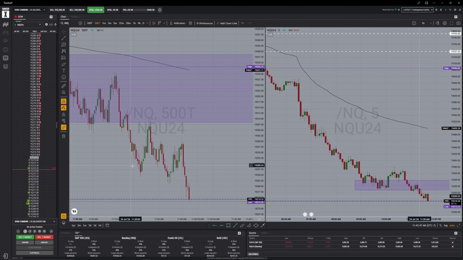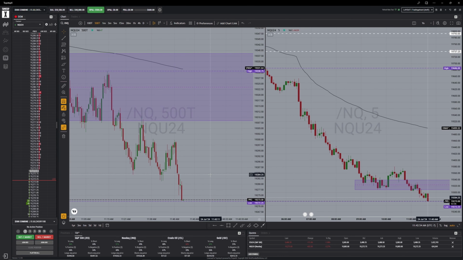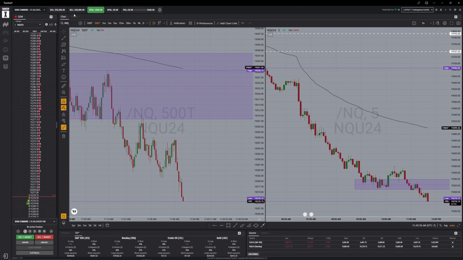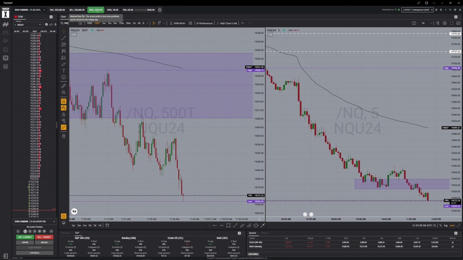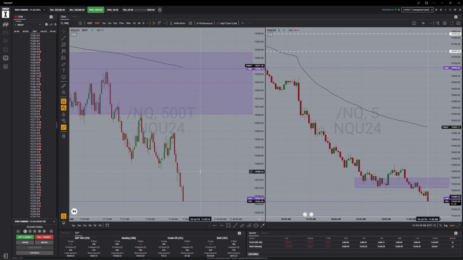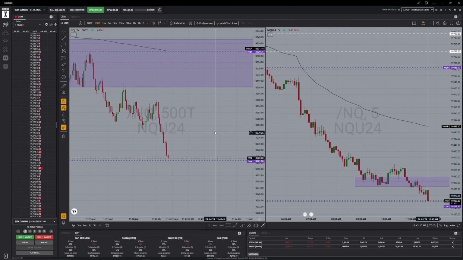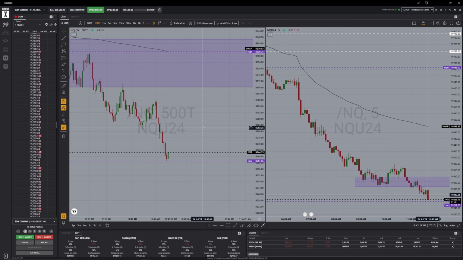Okay, so we broke our area here. Funny thing here is, if you see here, 586, I had to sign in real quick to the mobile platform because for whatever reason, I do have my mouse wired and it just stopped on me. So yeah, that put me in a tight little hairy situation. I got on my mobile app and I just got out of that position really quick. Hindsight, I probably should have let it just keep running, but